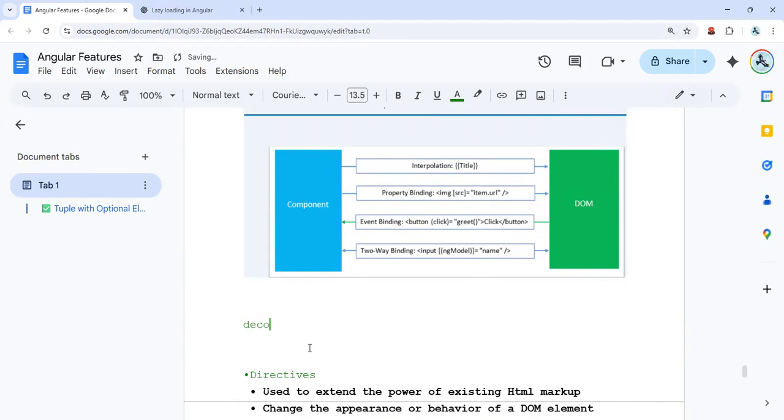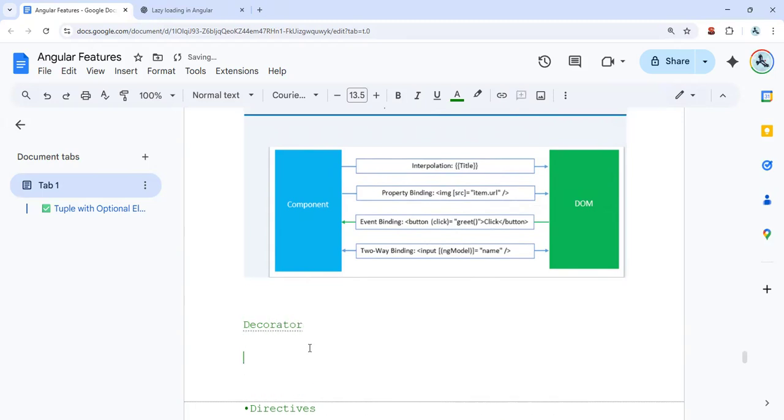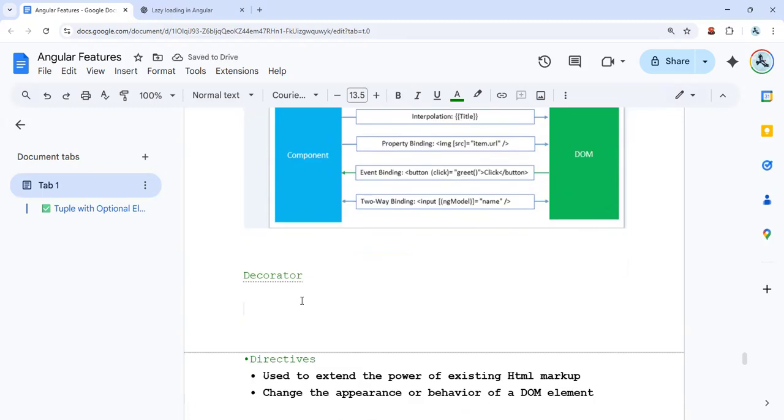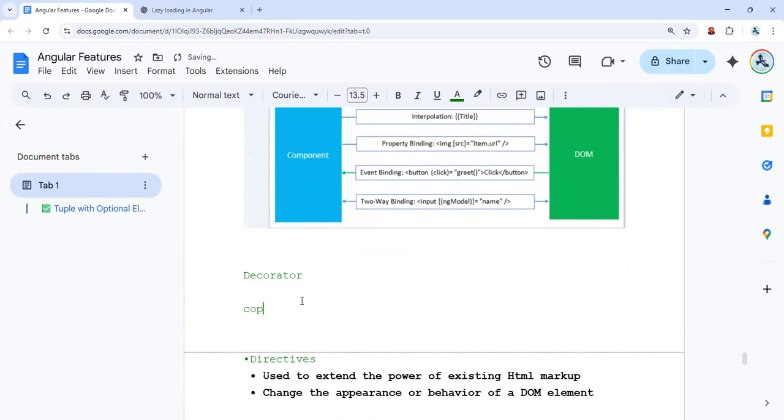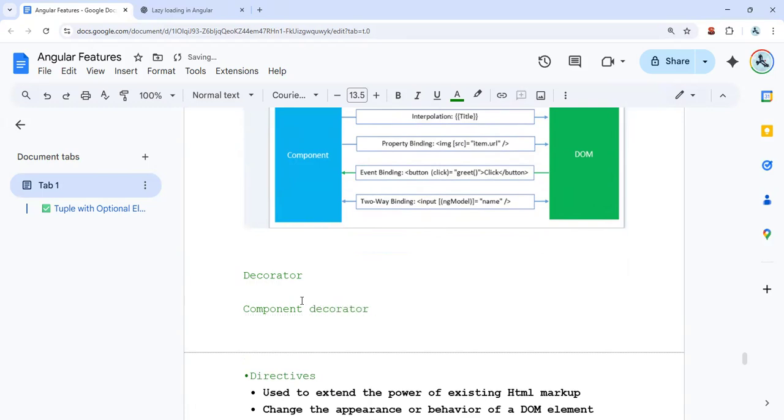Decorator. How many types of decorator do we have? One is the component decorator. Second is